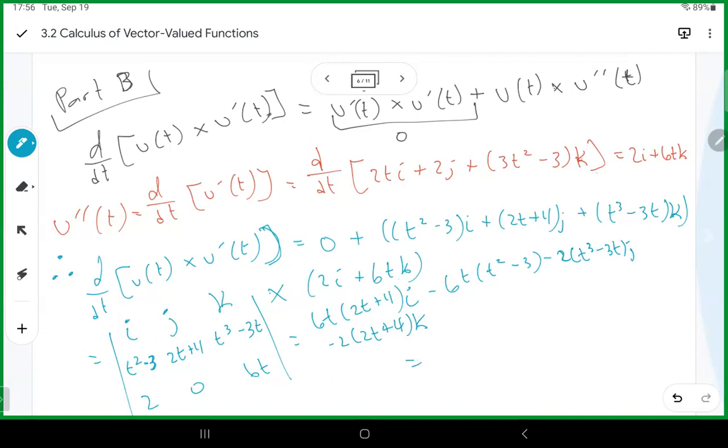And if you work some math magic, you end up with a final answer of